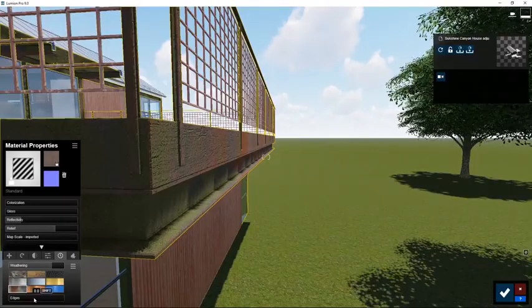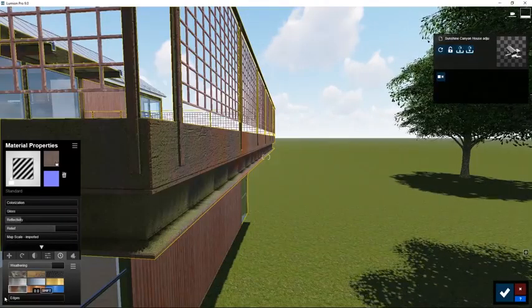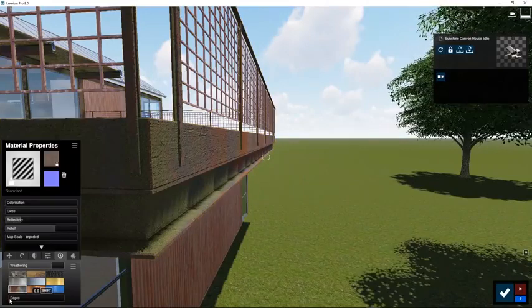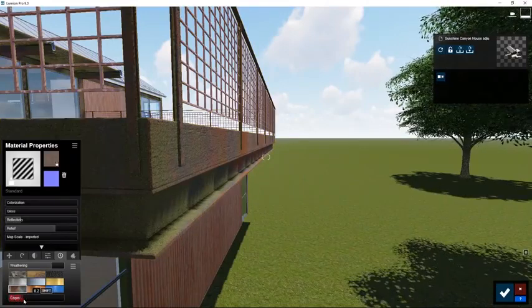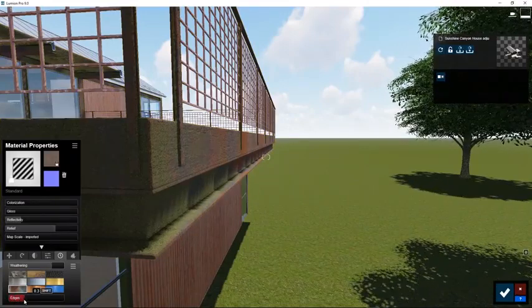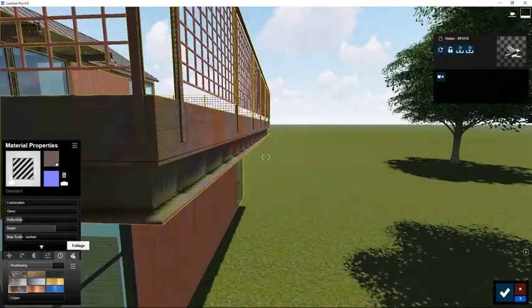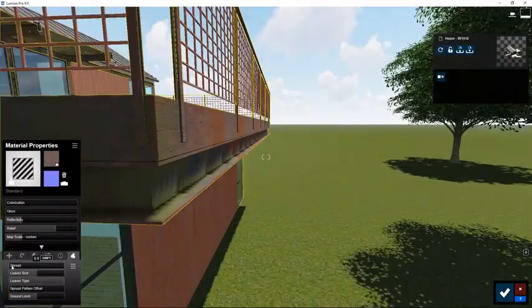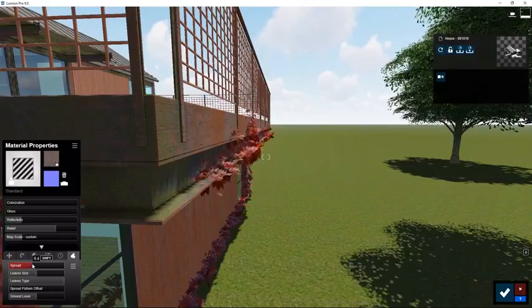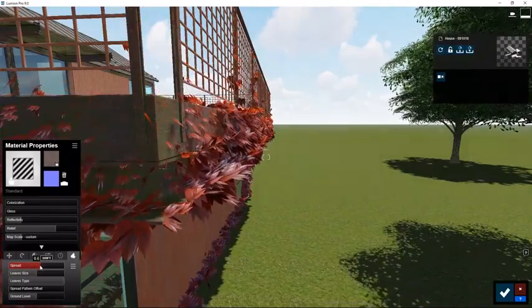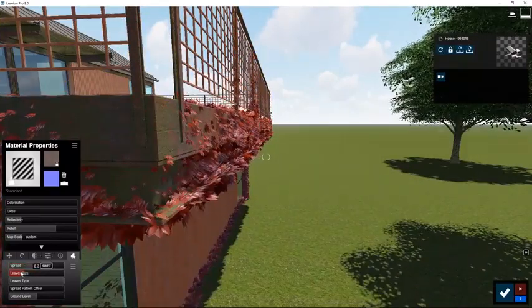The last option in the weathering section is edges. With this slider, you can set the roundedness of the edges of the surface that you selected. And the last one is foliage. Here, you can let foliage grow on your surface and have some properties to set it right, like leaf size,